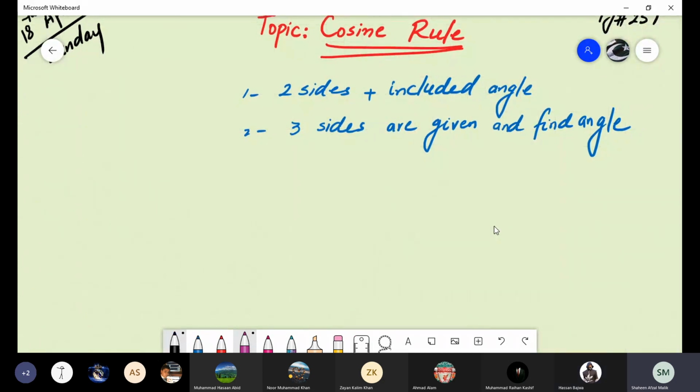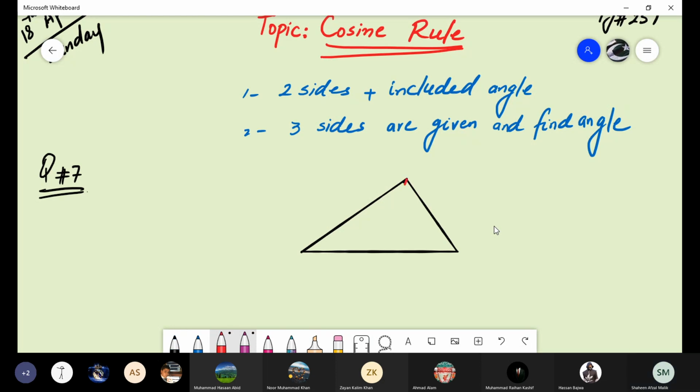So this is the last question of your syllabus, question number 7. We have done up to question number 6. Now we have the last question, question 7. The triangle has this shape: we have a straight line here, then one line here, and then one line coming from this point.